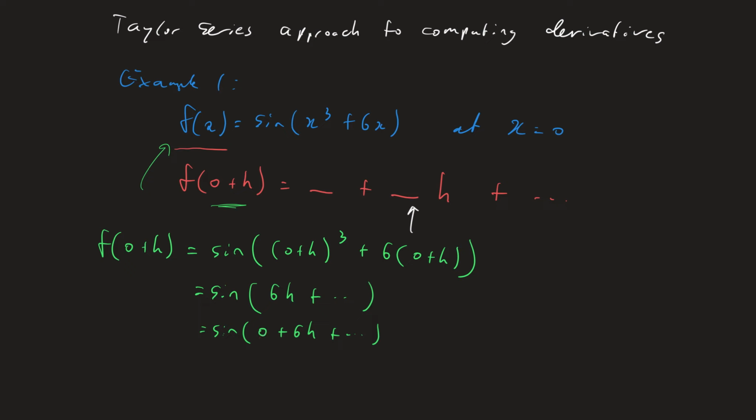Because we want the Taylor series about the origin, we in fact already know what it is. We know that sine of theta is equal to theta minus theta cubed on 3 factorial plus higher order terms, and in fact we only want the first order Taylor series, which is just theta plus dot dot dot. Therefore, we conclude that this is equal to 6h plus dot dot dot, or for pedagogic purposes, 0 plus 6h